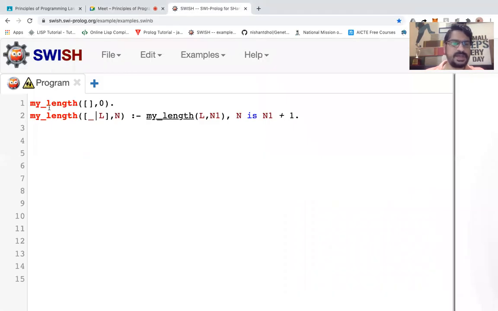Okay, now in this we have a list, and previously the count was 0, right? I have a list and the count is 0 if there is no element. Now we'll start the logic here. We have a list from 0 to n minus 1, and the last element is L, and n is a variable where we'll put the length.